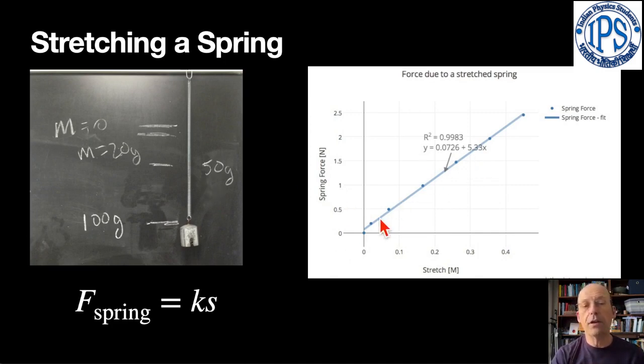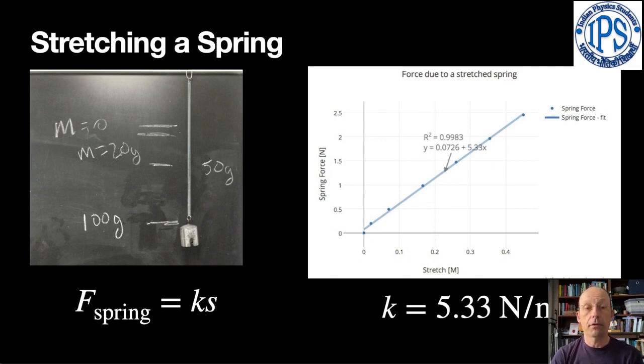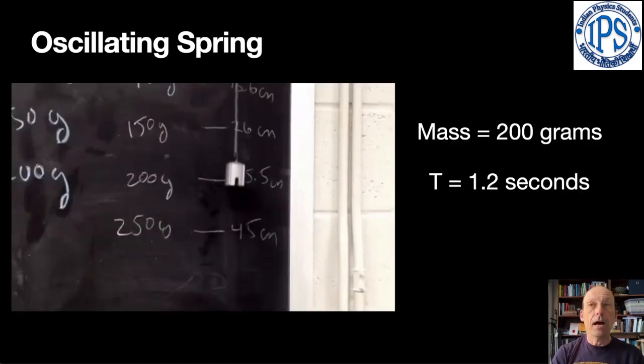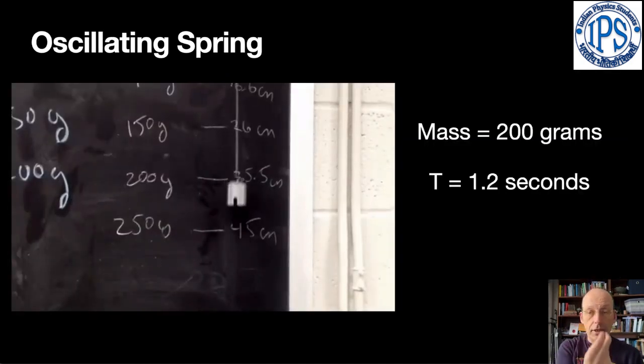And you can see that we can fit a line to that, and we can find the slope, and the slope of that line would be the spring constant. In this case, it's 5.33 newtons per meter. Okay, nothing fancy there. But what if I take that mass and I pull it down and let it go,